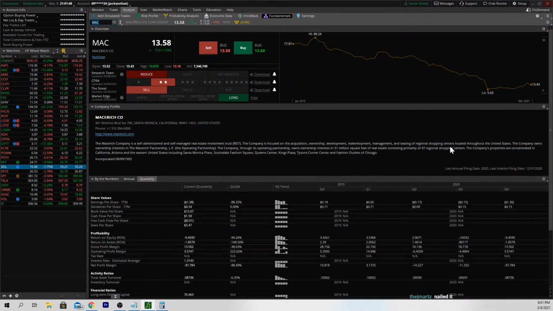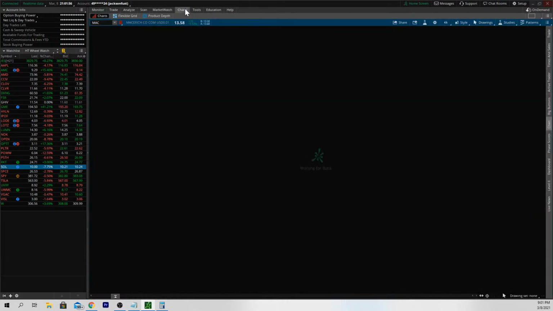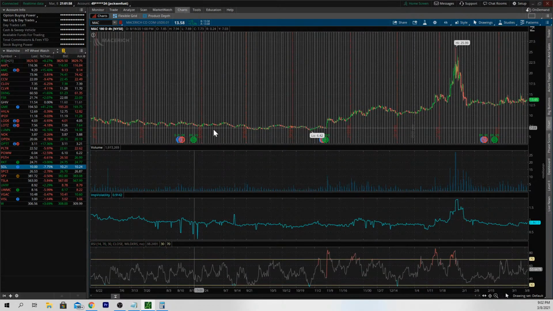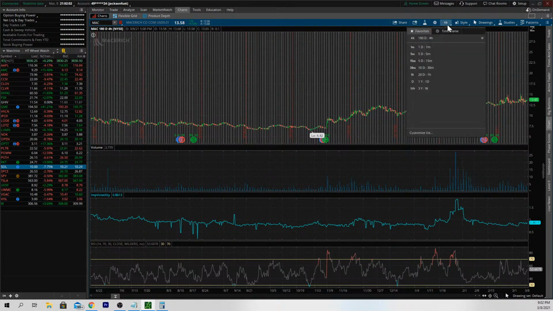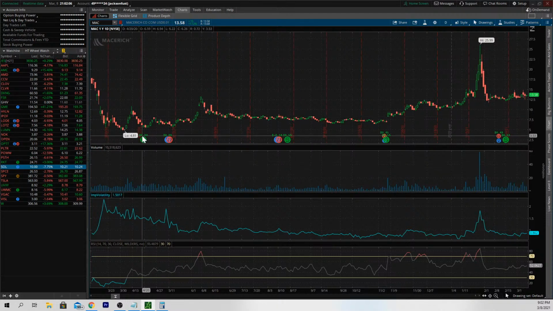So this one, as we've mentioned, is leasing of regional shopping centers, so retail. And that's something that obviously is going to be hit harder than most because of COVID, as a lot of these in different states are closing down. Now, looking at the 180-day chart, I think it might be a little more appropriate to back up one here and see the COVID effects on this one. So yeah, we've got a base of 481 at the very, very worst of the COVID crash for this one,